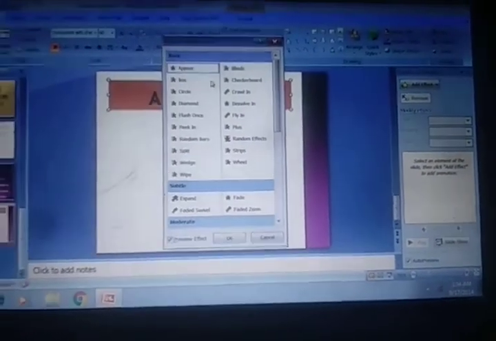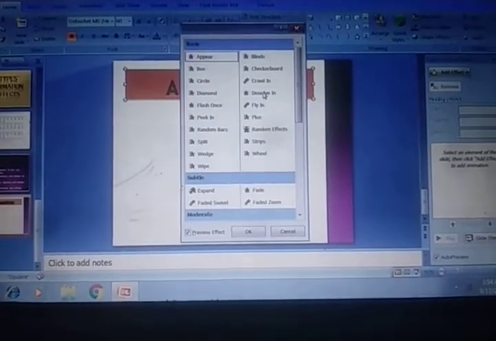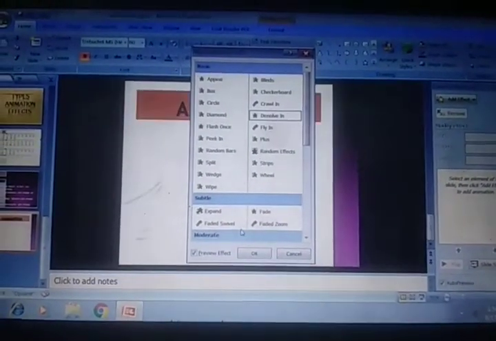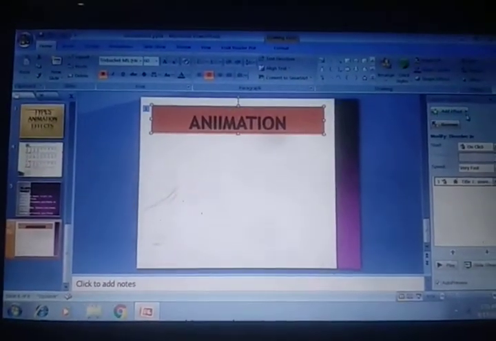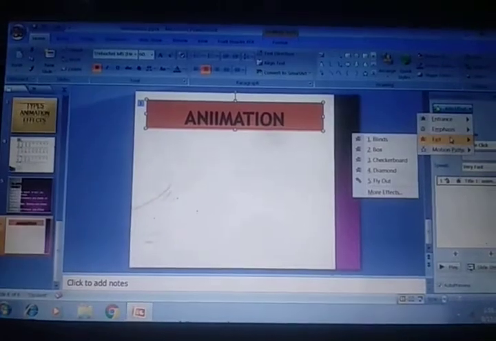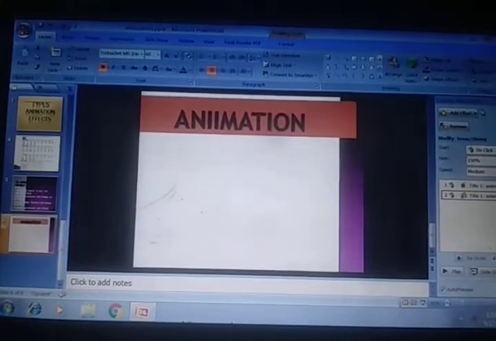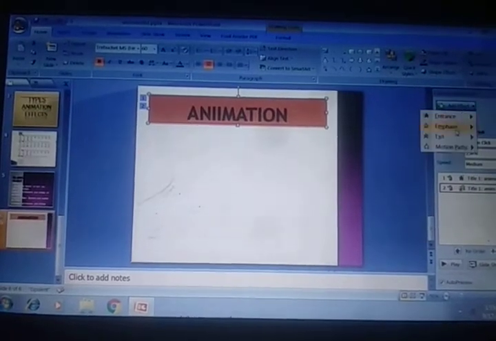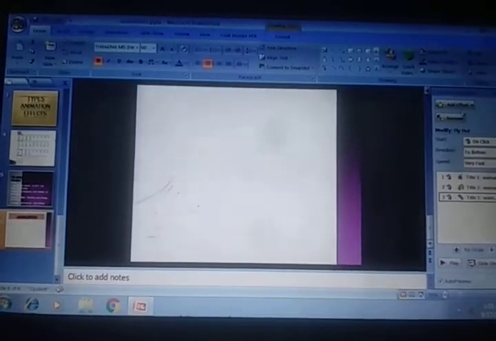If you want to choose more effects, then there are diamond, circle, checkerboard, blind, dissolve. See, then okay, entrance, then emphasis, grow and shrink, exit, fly out.